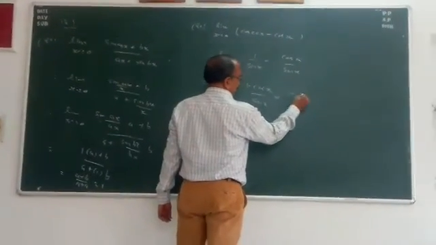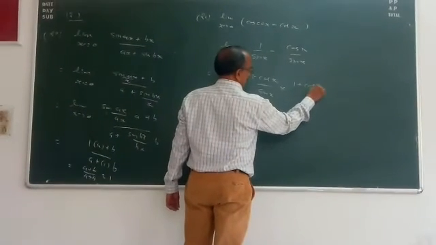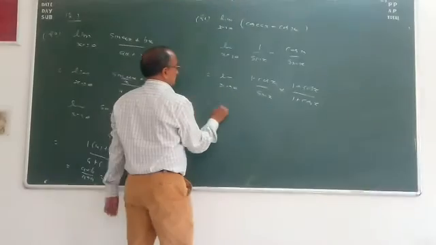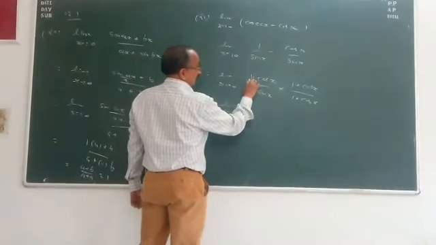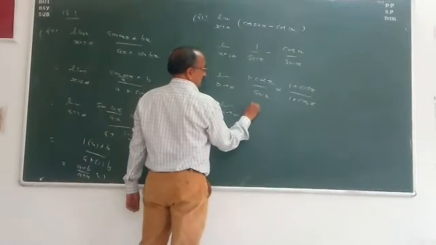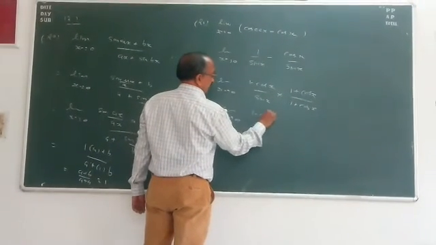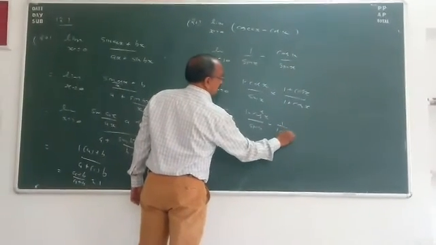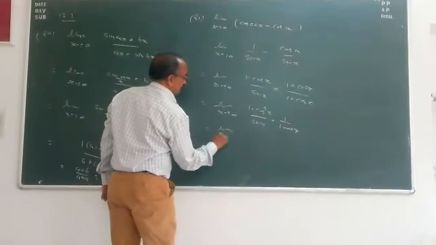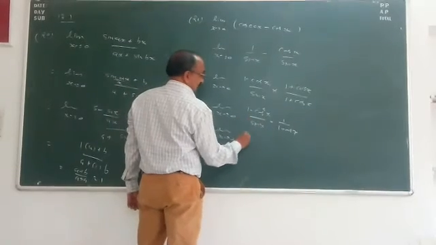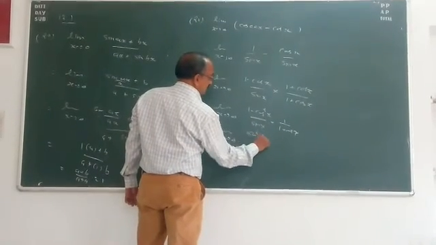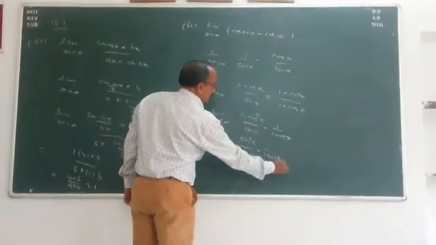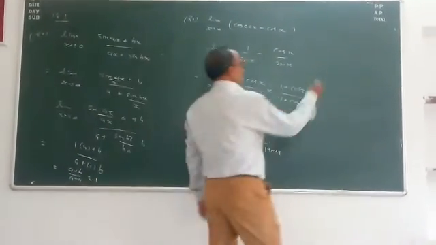Here 1 minus cos x, the conjugate of this is equal to 1 plus cos x. Also divide by the same term 1 plus cos x. So it is equal to limit x tends to 0 1 minus cos x into 1 plus cos x is equal to 1 minus cos x, you know, upon sin x into 1 upon 1 plus cos x. Clear this? So it is equal to limit x tends to 0 1 minus cos x is equal to, you know that, sin x upon sin x into 1 upon 1 plus cos x. Yeah. Now one sin cancels from both numerator and denominator.